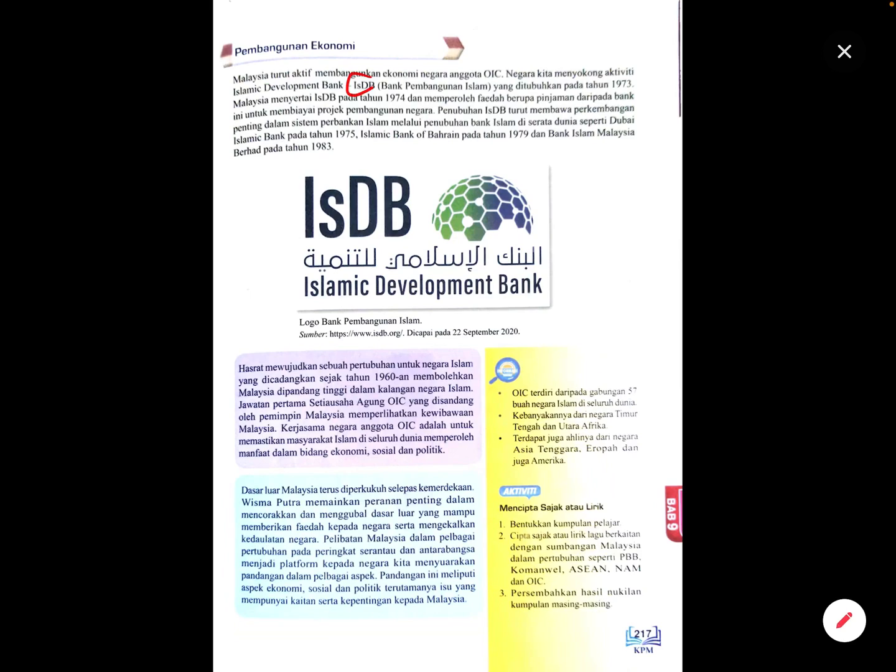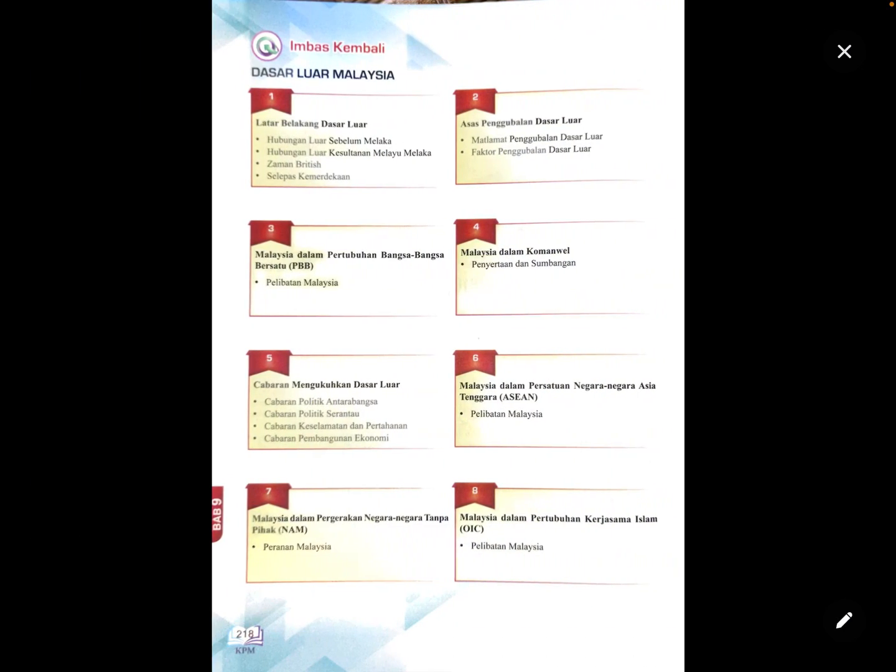Lastly, the OIC is a way for them to develop their economy. Through OIC, they were able to have the ISDB, Islamic Development Bank, and through ISDB, they're able to get some benefits with borrowing from these banks to help with their projects. They were able to borrow from ISDB to help with the projects, and then ISDB also helped to create more Islamic banks. Because ISDB is an Islamic banking system, and Islamic banking is different from normal banking because we don't want interest. So it helped with creating more of these